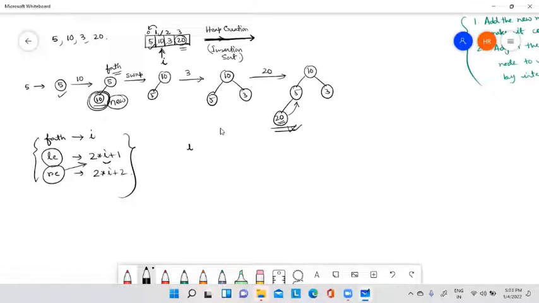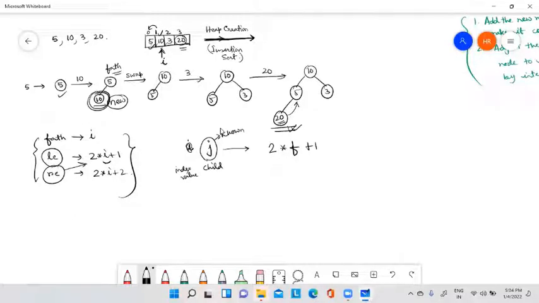So say, let us assume j. If j is the index value of a child, then what is the index value of its father? So how will I calculate? I know j, this is known to me. So we know that this j should be equal to 2 into father plus 1 or plus 2. j can be the left child or the right child.